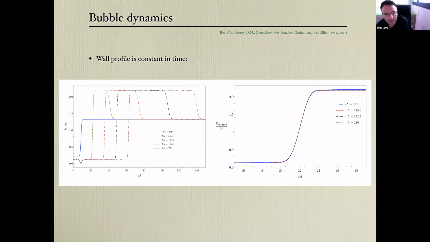For example, in this case, since the system is expanding along Z, one of the things that's very relevant is what is the speed of sound right ahead of the wall, right in front of the wall. Because you want to know whether the perturbations created by the motion of the wall can propagate ahead of the wall or whether they will fall behind. And that will distinguish deflagration from detonation.